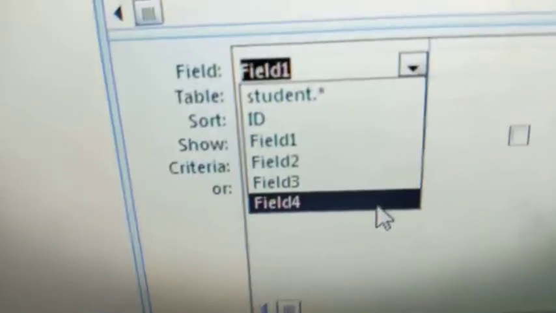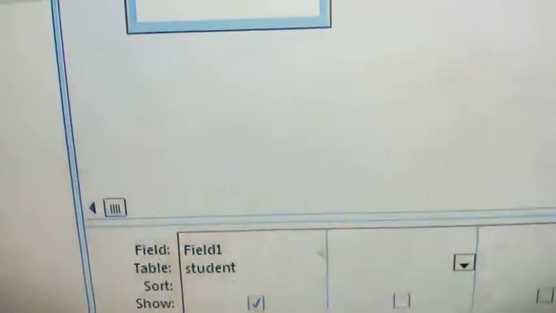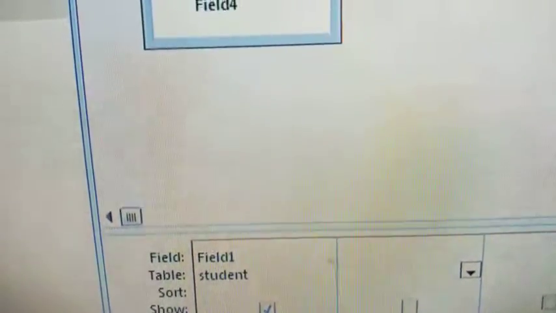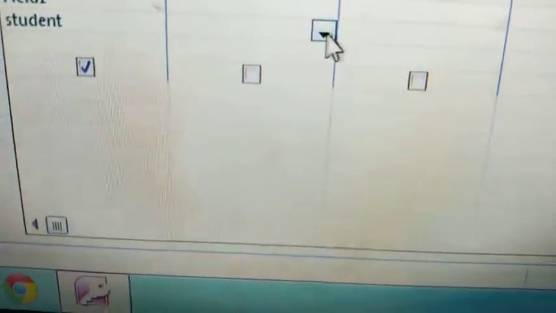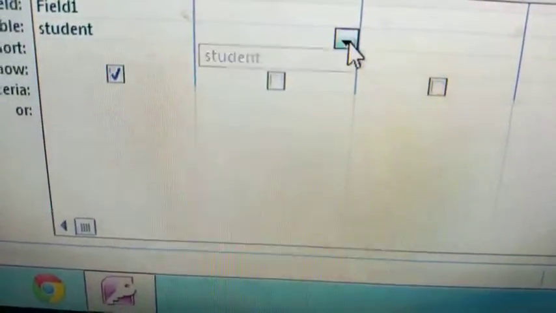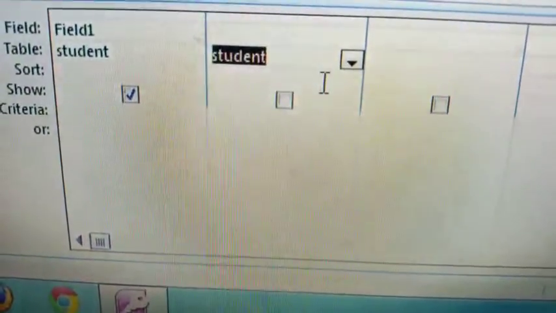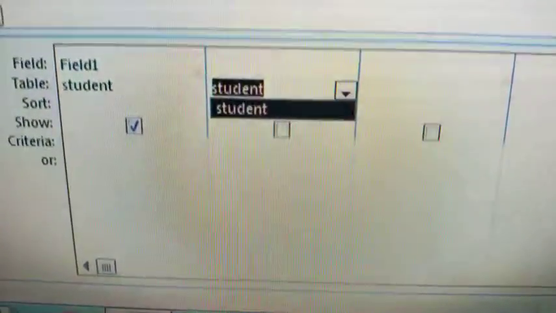You can change the field also. Then click on the second column, then you click another field here. When you click here you will get the second field.